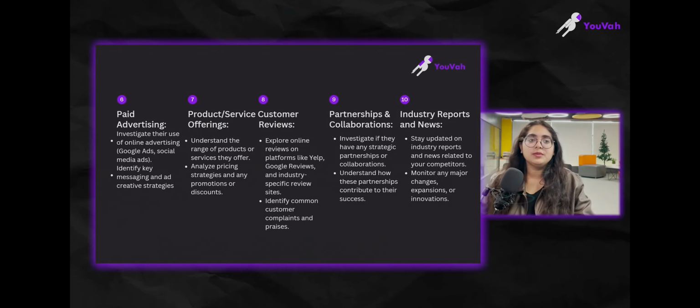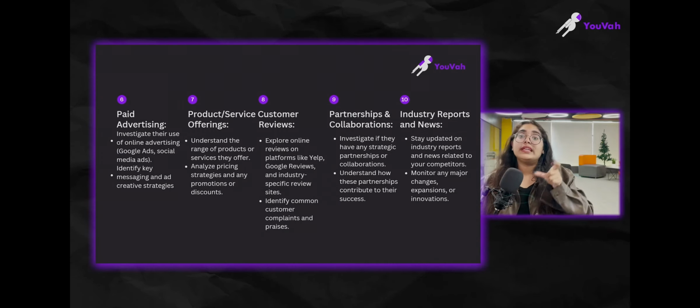All right, the other pointer that you need to be very careful about is the partnerships and collaborations they're having. In partnerships and collaborations, look at who exactly your competitors are tying up with, and whether it is influencing their credibility in any way or not. If it is, then possibly you might need to take that route as well, because if that is a very important factor, then I think you have a competition in the game.